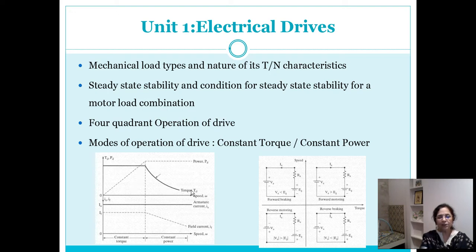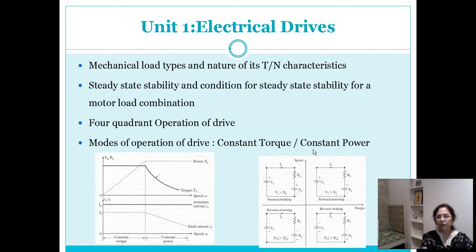When we cross this region and try to enter a region where we are trying to operate the motor above rated speed condition, we cannot take more power from the motor because it is designed for delivering that much power as the maximum power. But power equation, power equal to omega into T. So when omega is tried to increase more than rated value, torque needs to be sacrificed. And so in this region, power is maintained constant but torque becomes variable. It is inversely proportional to speed. And so this region, when the motor is operated above rated speed, we call it constant power operation.